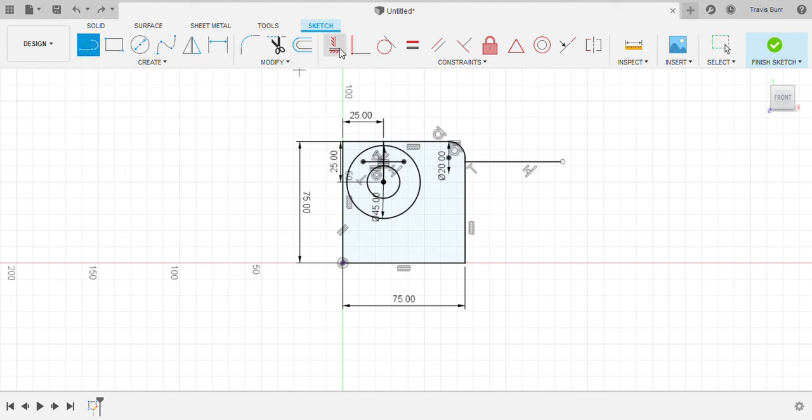We also have horizontal vertical. So let's draw another line out here. I want this line horizontal to that line. See how it just snapped right into place. This one can be a bit funny sometimes. So let's say here, this line, if I do horizontal vertical, let's go here to here, you can see that it just snaps horizontal. Again, I could add more constraints to these to make them work, but